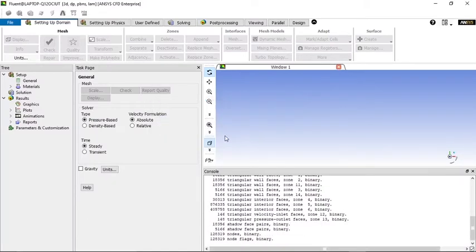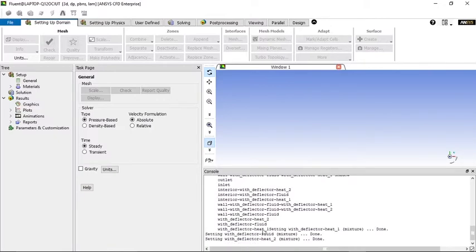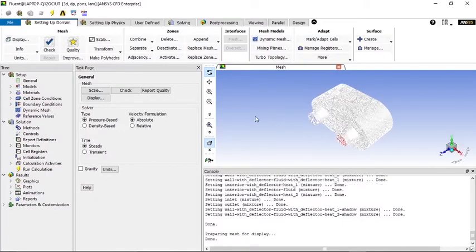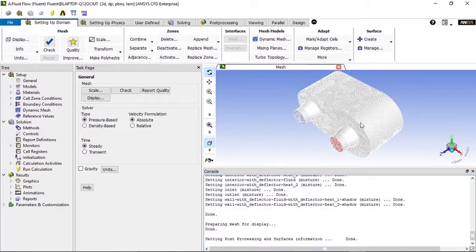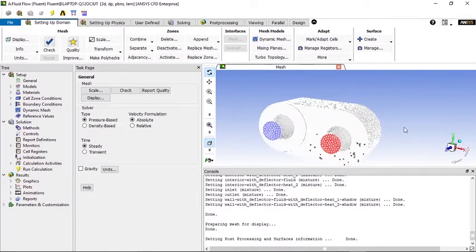So we'll wait for the analysis to read our component. So these are some statistics. Just building mesh. So what this will do is it will detect all contacts that you have. That is, you created a boolean, so that will create a contact between the fluid domain and the solid domain. So right now it has still not assigned the fluid domain. So everything the software considers as one material.